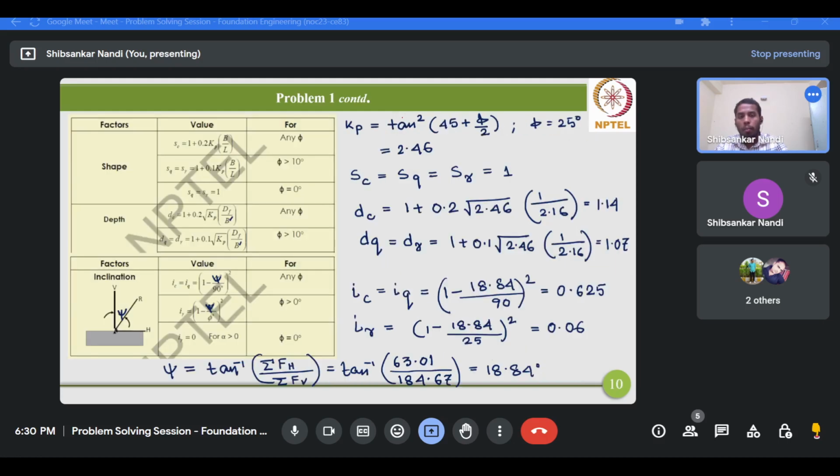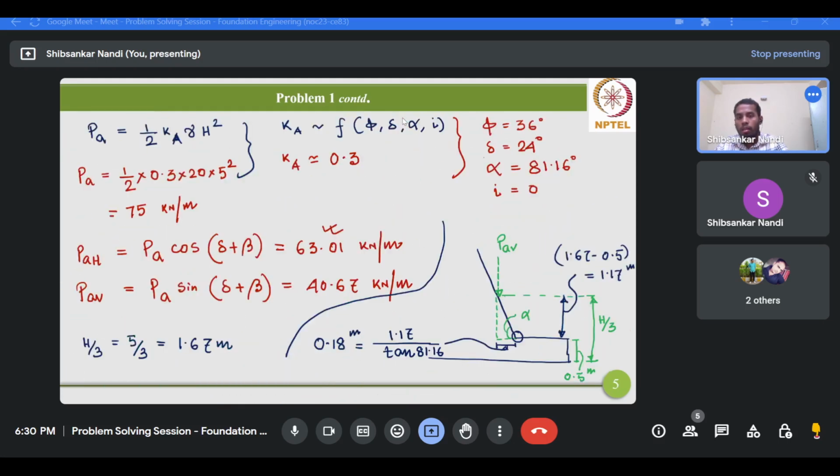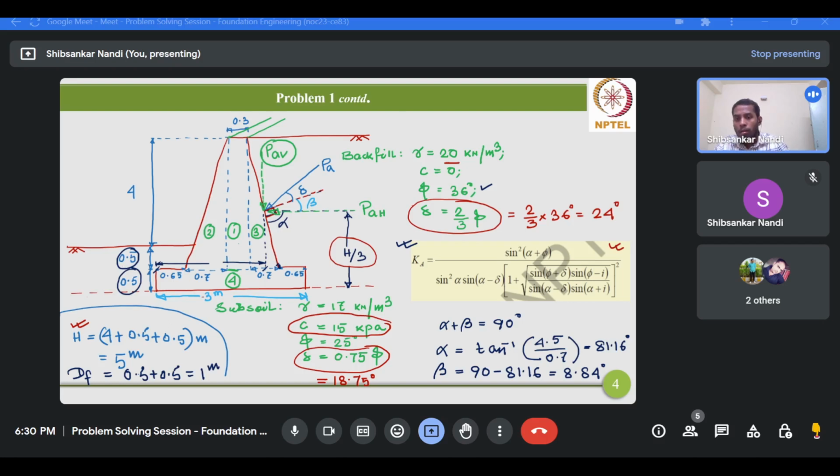So these materials, the subsoil, means these materials also are basically assuming the same properties, that is gamma is equal to 17 kilonewton per meter cube, because